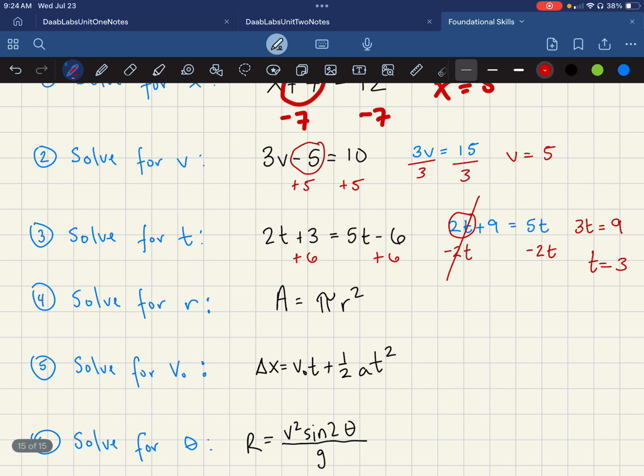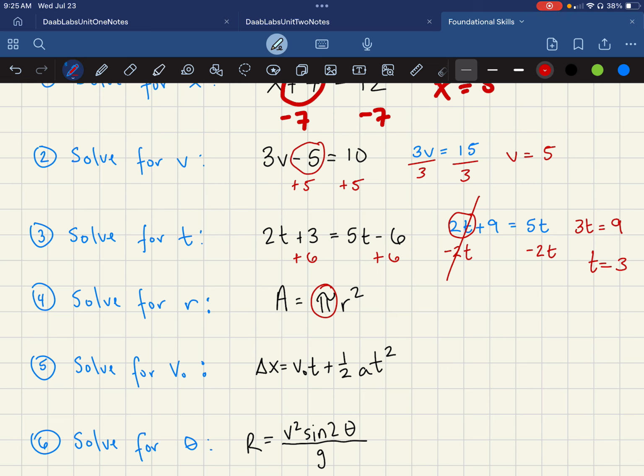Number 4, a little bit more difficult, but still not too bad. We're just trying to solve for r. There's an exponent now, right? We've got to consider that, but everything else would be the same, right? So first thing we want to do is get rid of this pi and get it over to the other side. So I'm going to